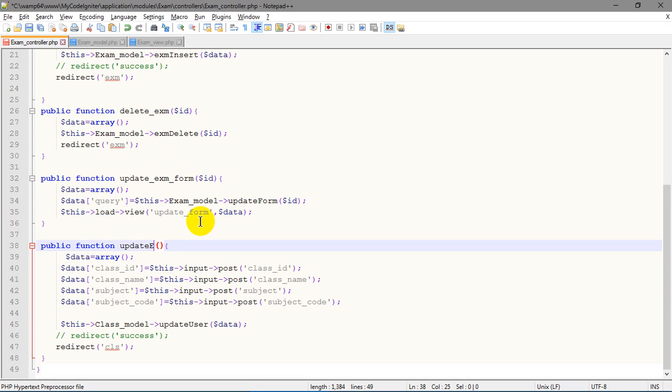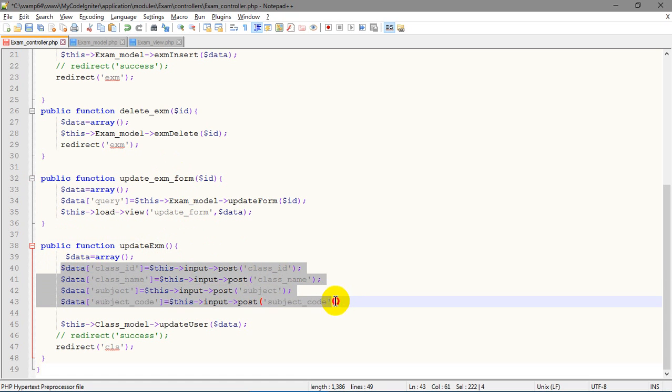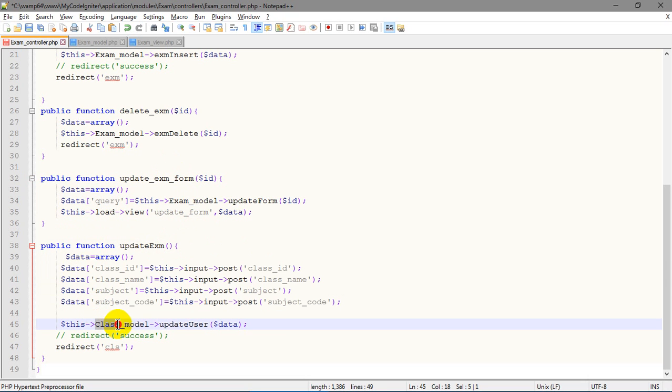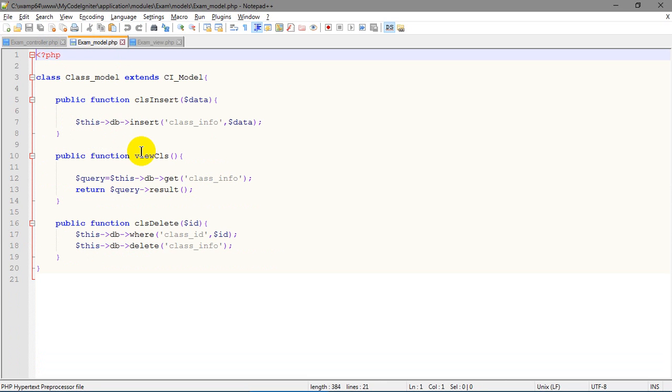We update our exam, and we type this letter. Here is our model name, and redirect on exam, saved it, and we go for model, exam model, exam insert,